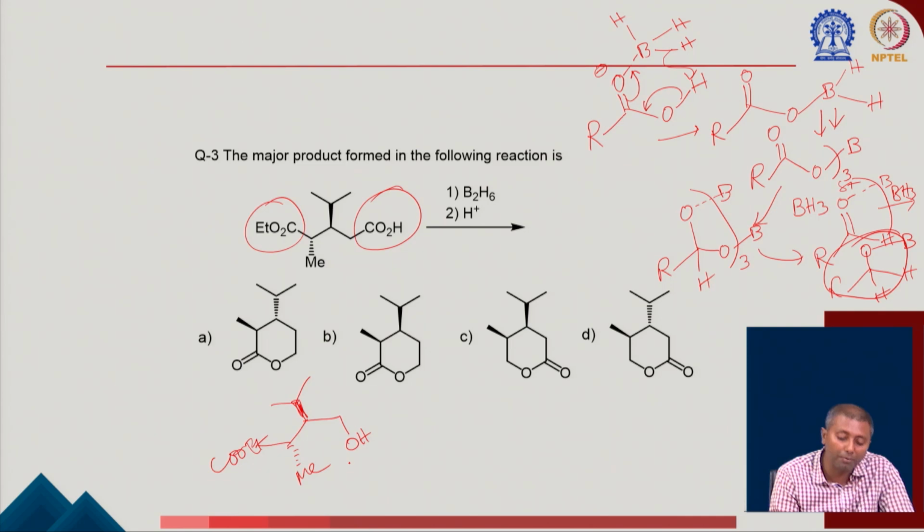Now once the alcohol is formed, you have an ester, this can form a lactone. Okay, because at the end you will be having this O minus and the boron will be attached, so that can all the way participate, and then you have given the H plus also, so this will take you all the way to the corresponding